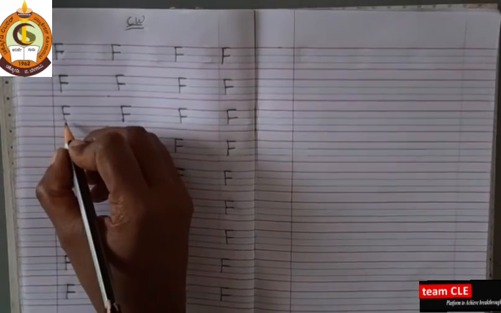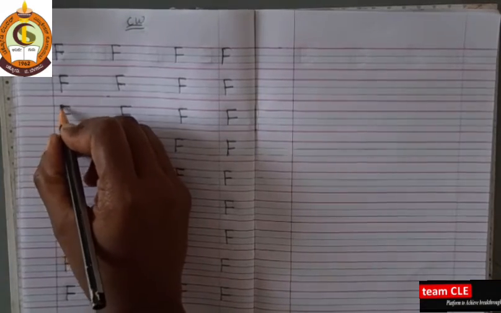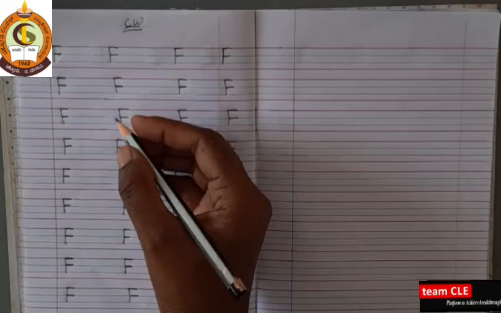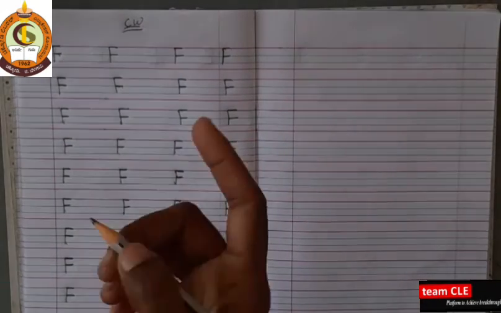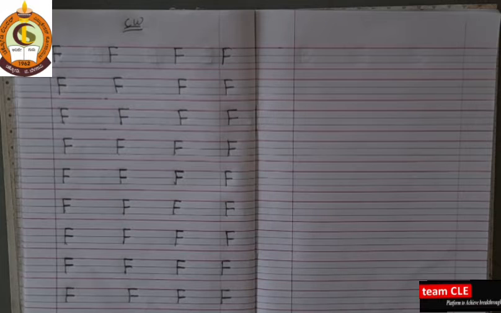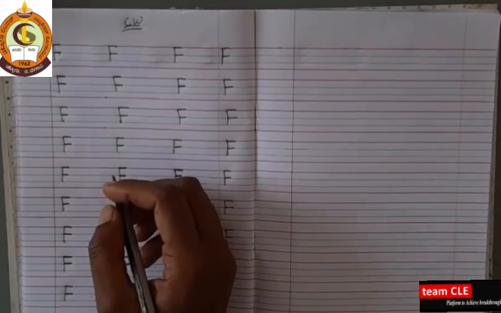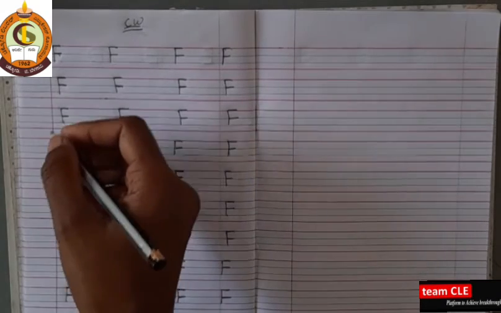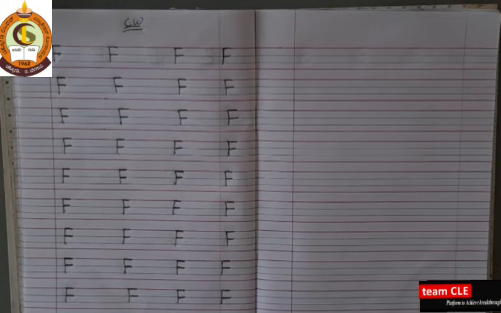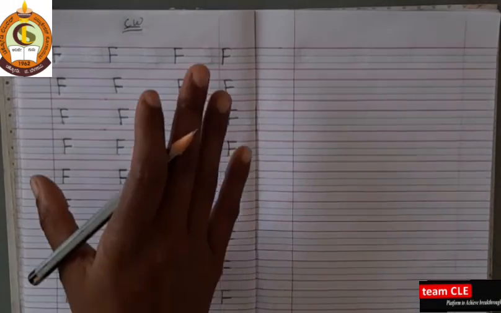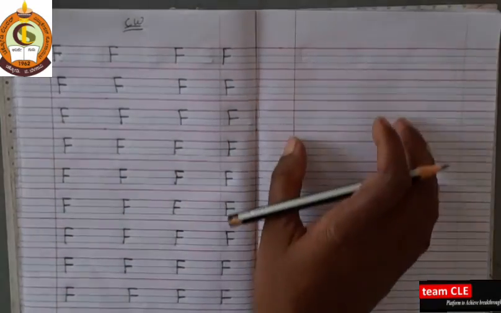Then you have to write only in the dots and you have to use the lines. First of all, I taught in the previous class patterns: standing line, sleeping line, slanting line, curved. Is it? So with the help of those lines you have to write the letters. Okay. And tell your parents to give the dots. Then you have to write in those dots. Okay. Then you will learn perfect writing. Okay. So you have to practice like this in the next page also.